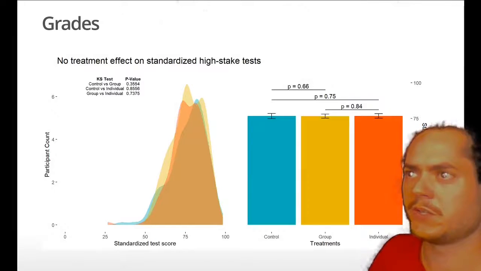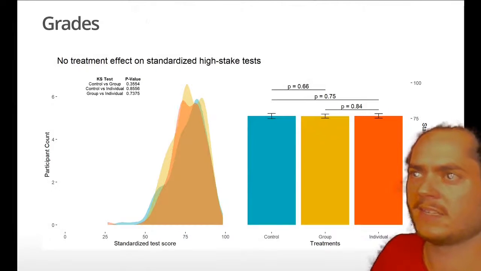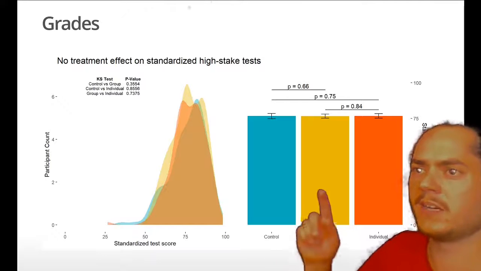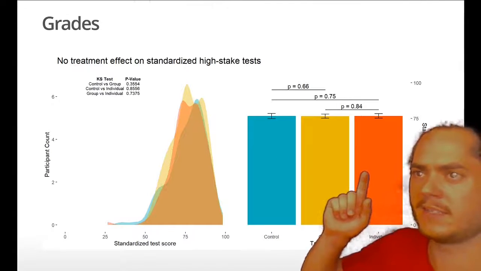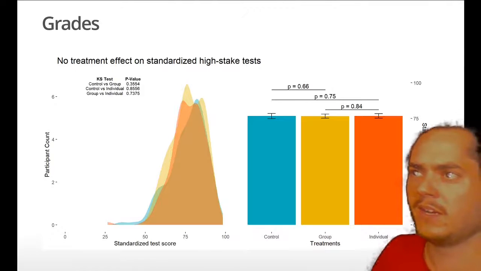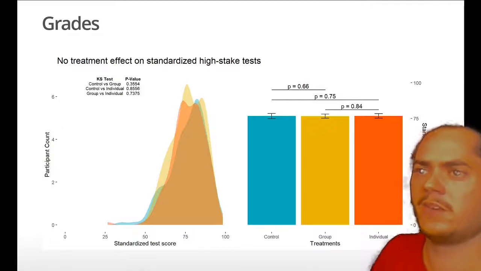Lastly, when we go to grades, so look at a standardized high-stakes test, we find that all the three groups perform exactly similar, so we do not observe effects on grades, but on the learning